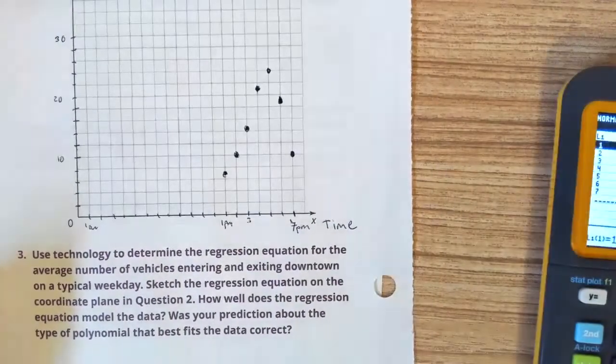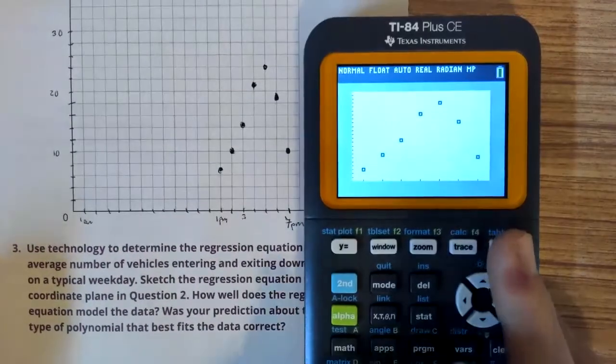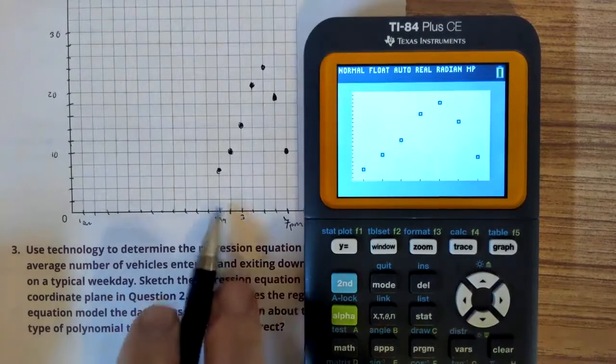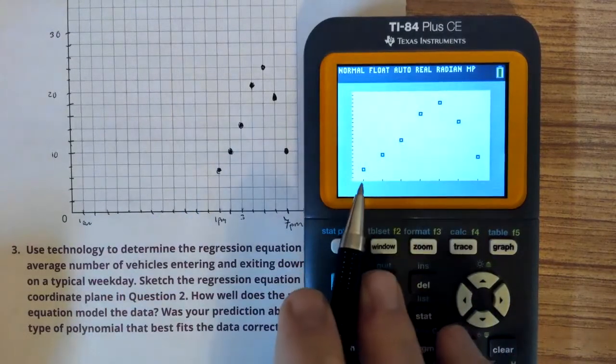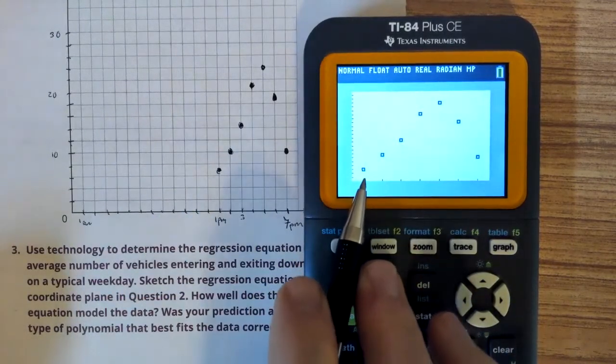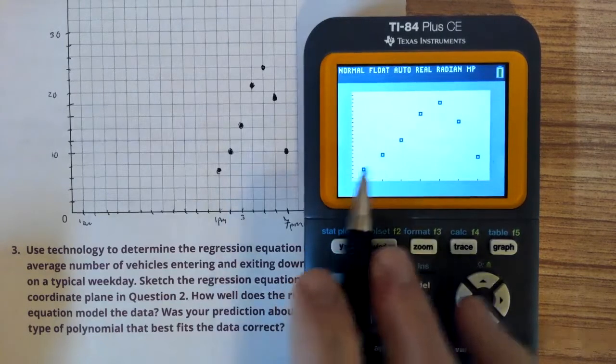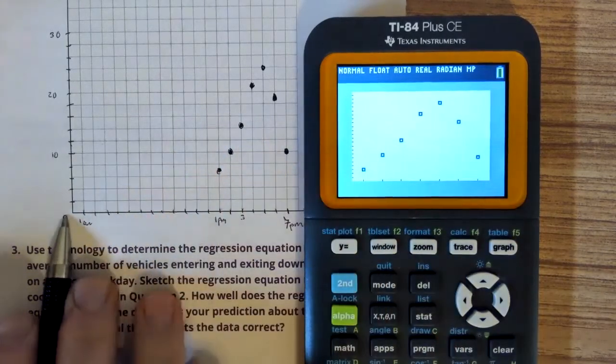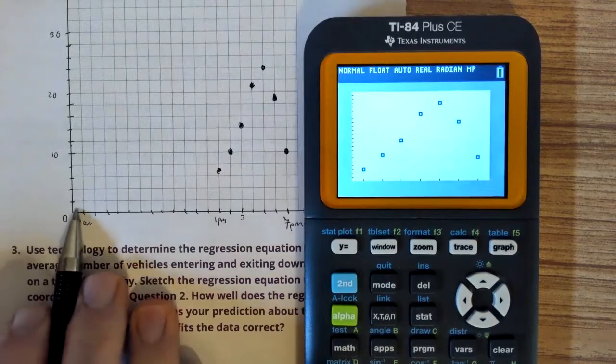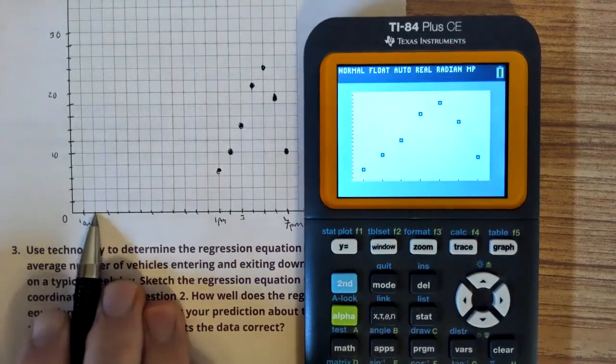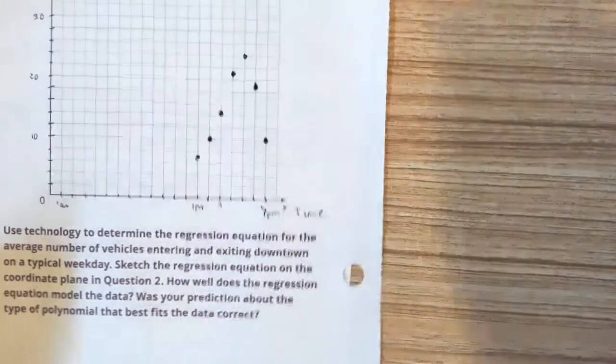And that should look pretty similar to what we got over here. This one kind of started its scatter plot at 1 p.m. That's why it looks a little bit more flat than mine. So I started our x-axis at like 12 a.m., right? 1 a.m., 2 p.m., so on and so on. Okay, so